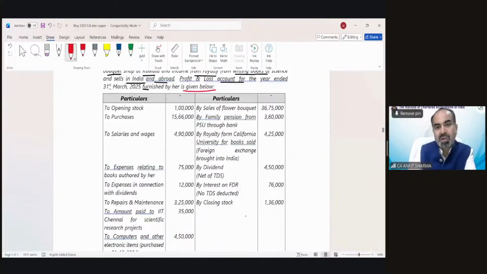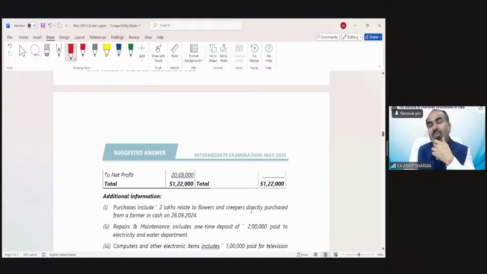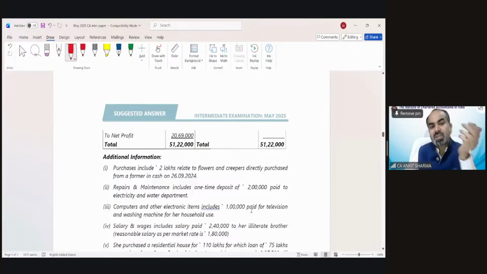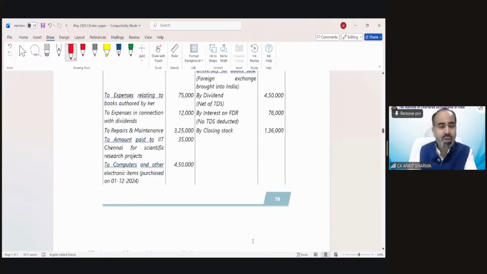You can see particulars have been given: opening stock, closing stock, the normal information. When I was a student of CA and this kind of question came, I generally did one more thing: the additional information which has been given after the question, I used to tick those points in the question which are relevant for this additional information. That would be really helpful, or you can solve the additional information later at once also. Both things are possible depending upon your way of solving the question.